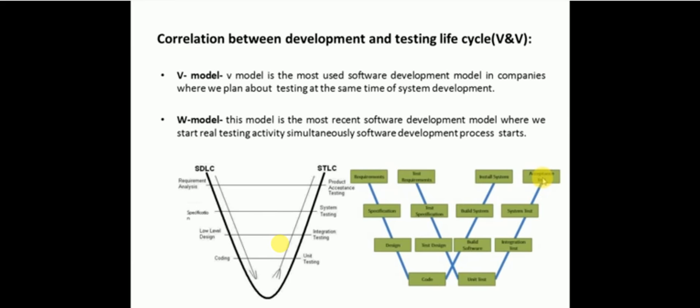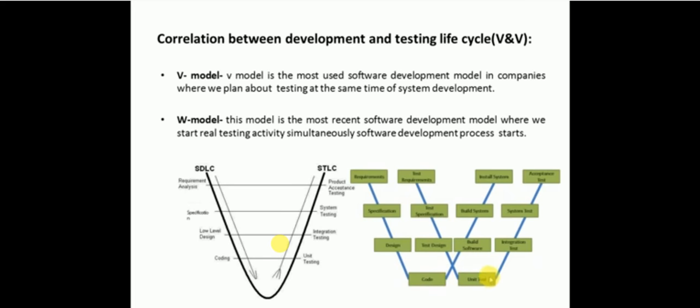Here, at the time of requirement analysis, we are testing the requirement document, and we are making sure that there is no ambiguity in the requirements, no flaw, and that all the requirements are realistic, so that it may not lead to any further bug detection. Next level is specification. The QA person will test that specification document or designing document at the next level,